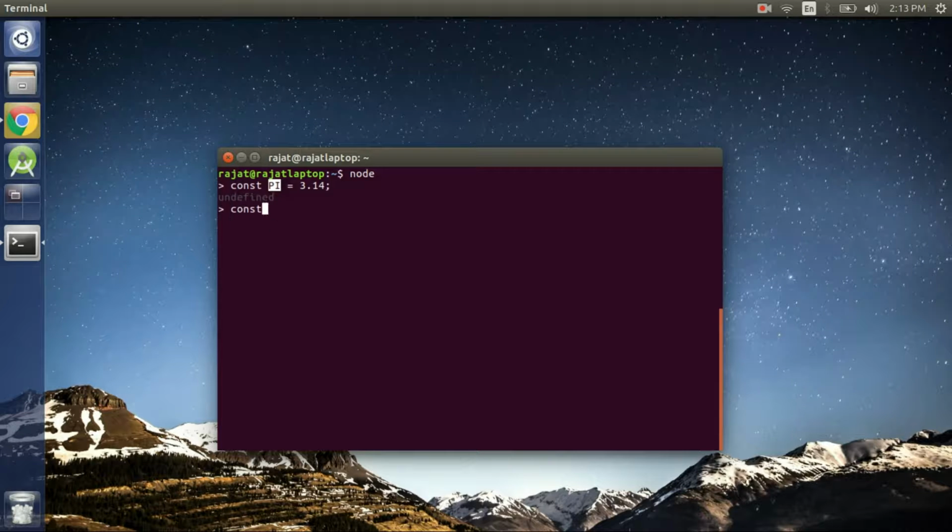So if you are going to do const pi again, it is going to throw an error that it is already declared, right? You can clearly redefine the very same variable inside a new block, right? So if you are going to do something like this,